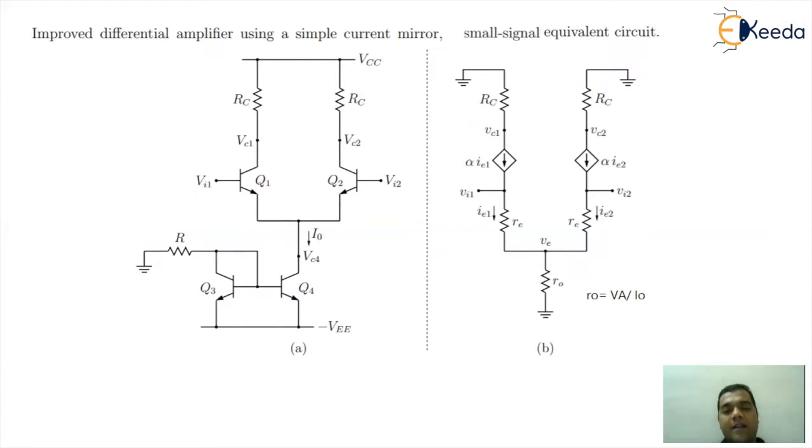Now, as I've said, current mirror circuitries are used along with the differential amplifier for stabilization. If you observe the top section of the differential amplifier having Q1 and Q2 with the input points V1 and V2, the lower section of the circuitry is replaced by the current mirror circuitry. So what will be the impact? The current mirror circuitry will try to stabilize the differential amplifier and eliminate the impact of external parameters. Due to any impact, such as temperature changes, the external parameters will have an impact on current.